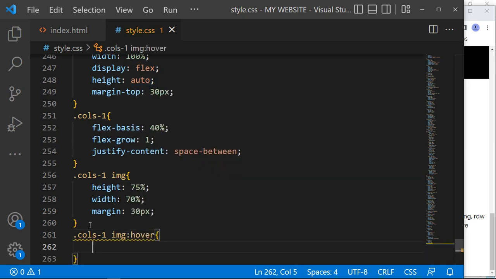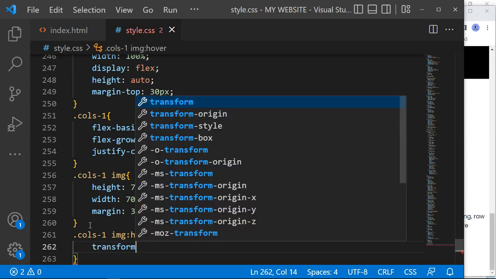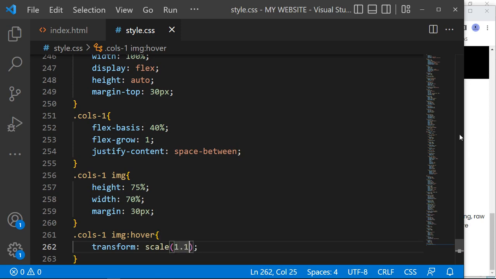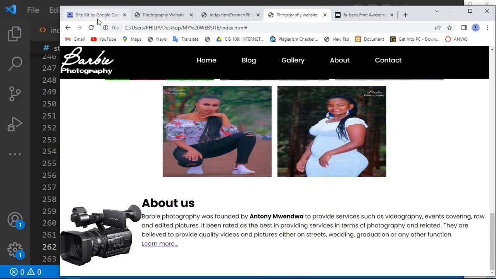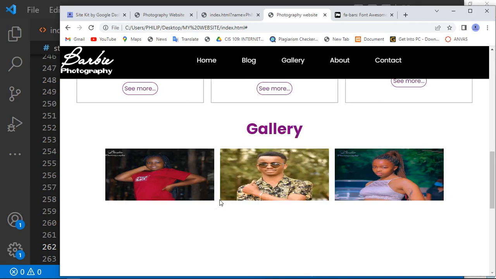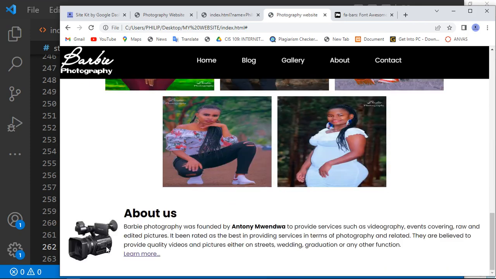Then we'll have transform scale of 1 and 1. Okay, let's click on refresh. So this is how it appears now. So when you place your mouse over this,